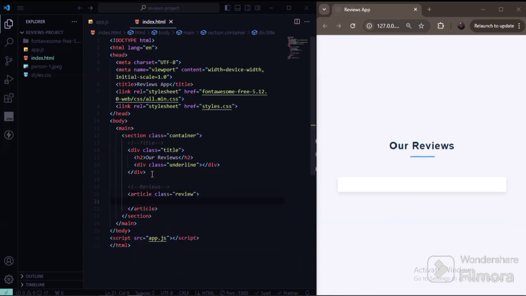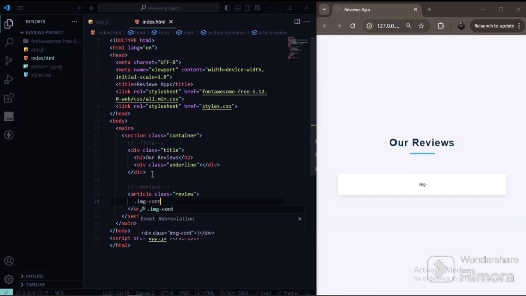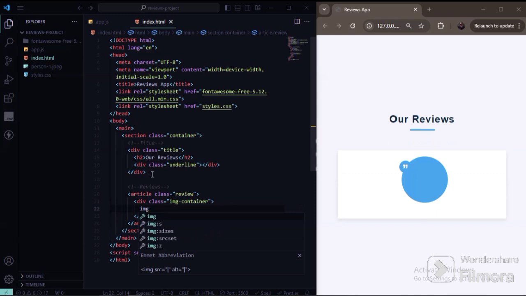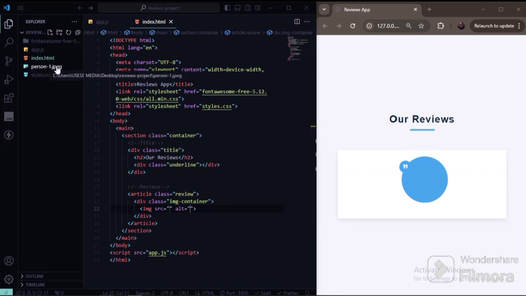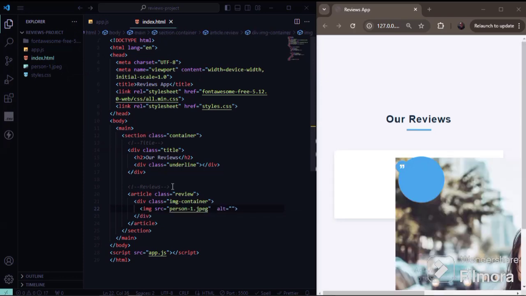Okay, in this article tag I want to begin with a div and that has a class of image container, that's img-container, referencing that image here,